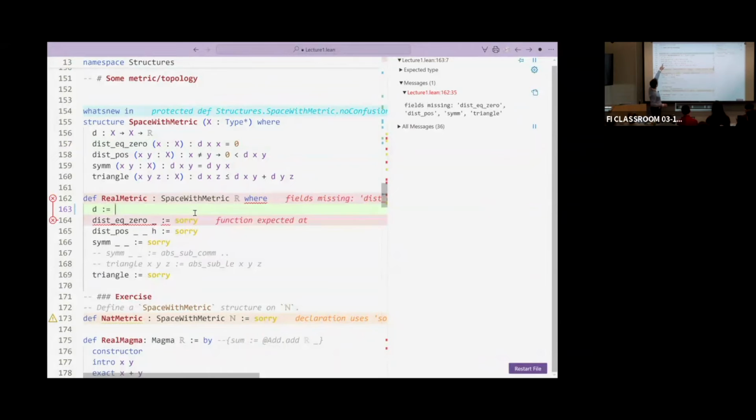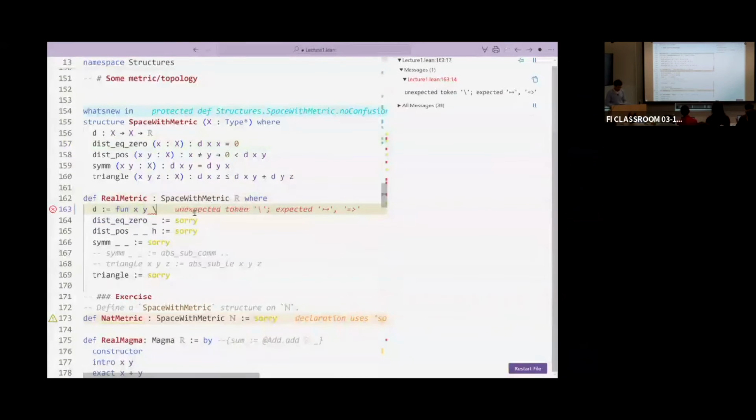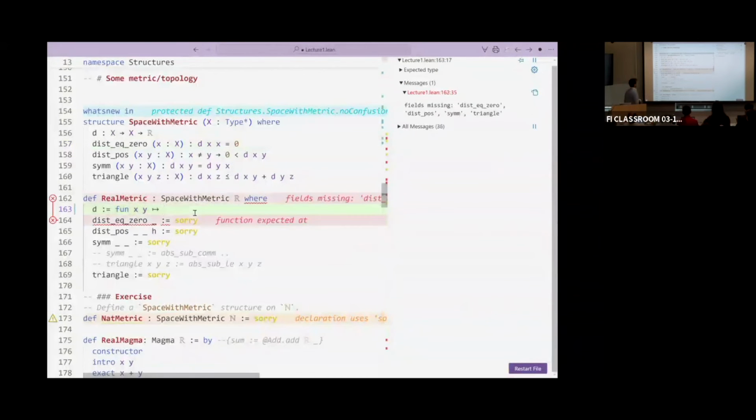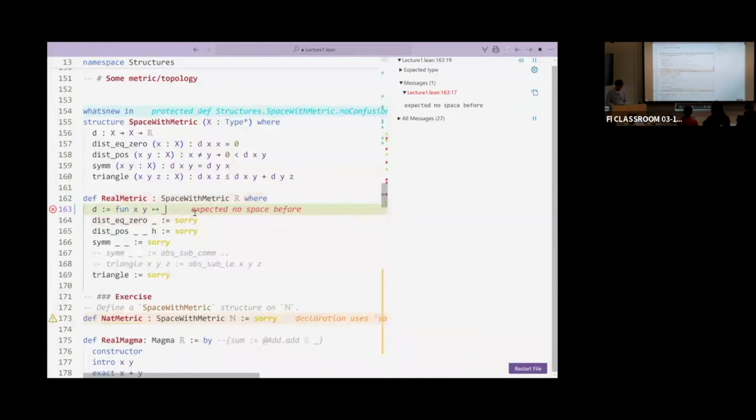This is something that should go from R to R to R. So it should be a function that takes two components and gives you the distance between these two. And I suggest you use the absolute value of x minus y. Okay, this is a binary function.